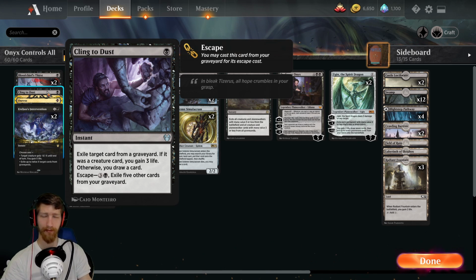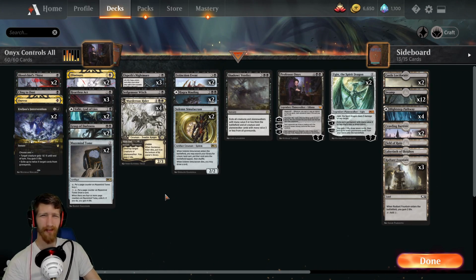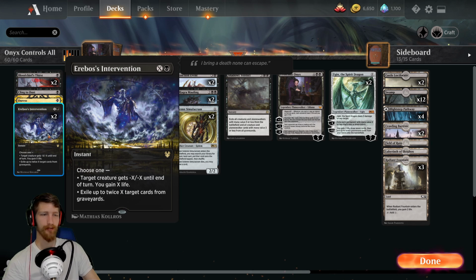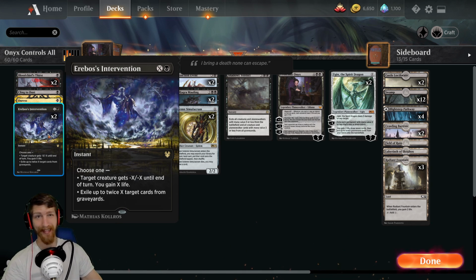Being able to play it back from your graveyard, in that mid to late game, just makes it worthwhile. Moving us down, we have 1 copy of Duress. This is a card that I opted to add in because I don't always have all the cards that everyone's playing, because everyone likes to play like 4 mythics and 18 rares, and well, I don't have that much to fork over for a singular deck that I'm gonna play once or twice and then move on. Anyways, Erebos' Intervention, really nice, allows you to -X from target creature and gain that much in life,